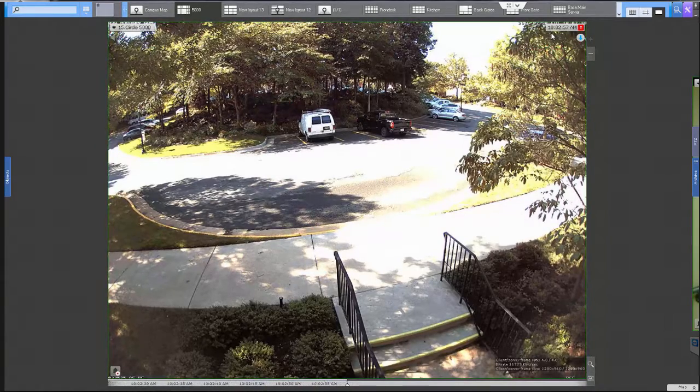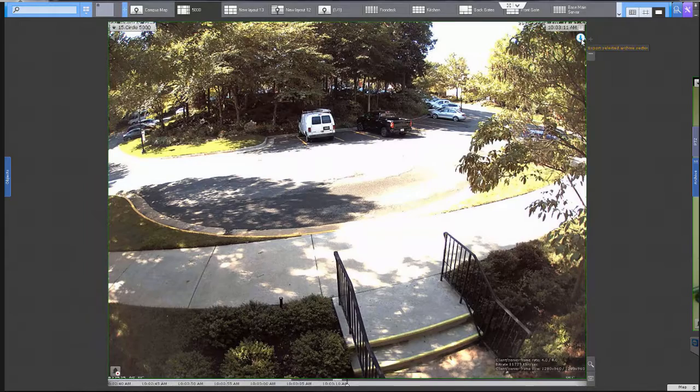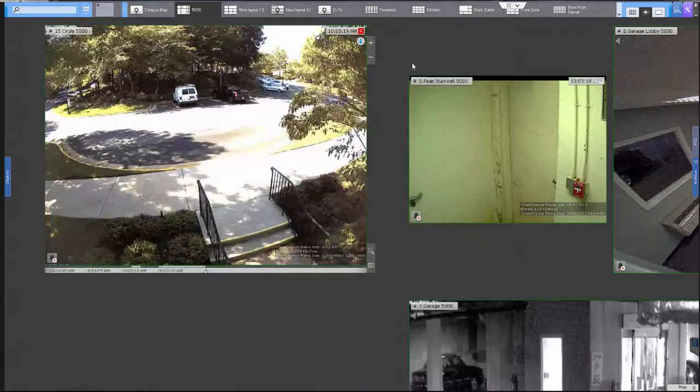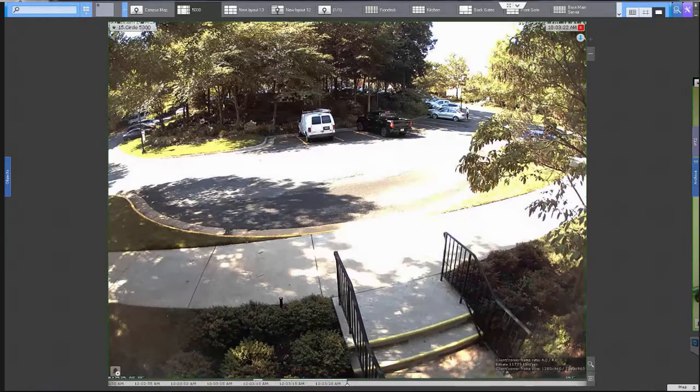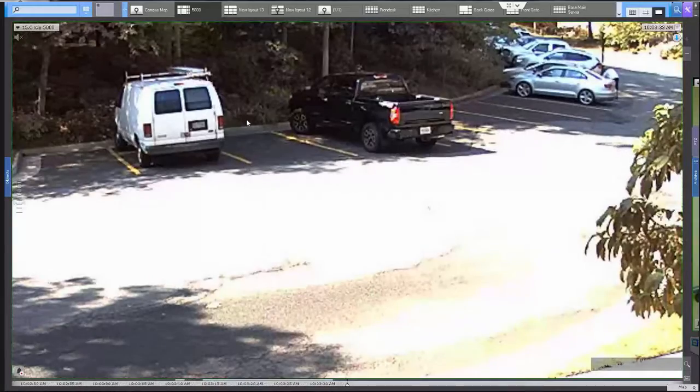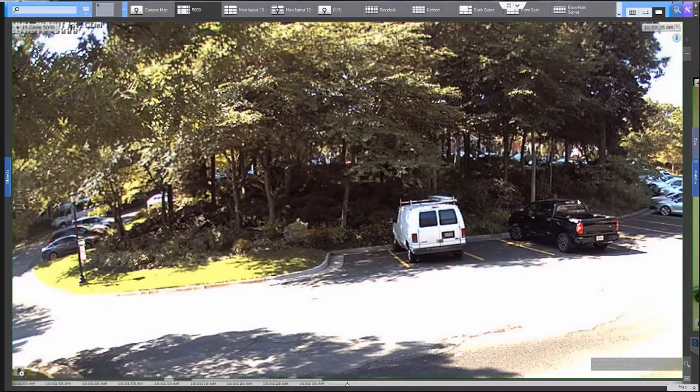On the right hand side, you'll notice the current time. This time has a few different functions when you get into the recording mode. We're going to come back to this blue download button here. You'll also notice a plus and minus button. When I hit the minus button, obviously it minimizes my screen. When I hit the plus, it makes that viewing tile a little bit bigger, and that's a way that you can go in and zoom in and out of your photo. You can also zoom in and out of the photo by obviously using your scroll wheel on your mouse and moving around the image